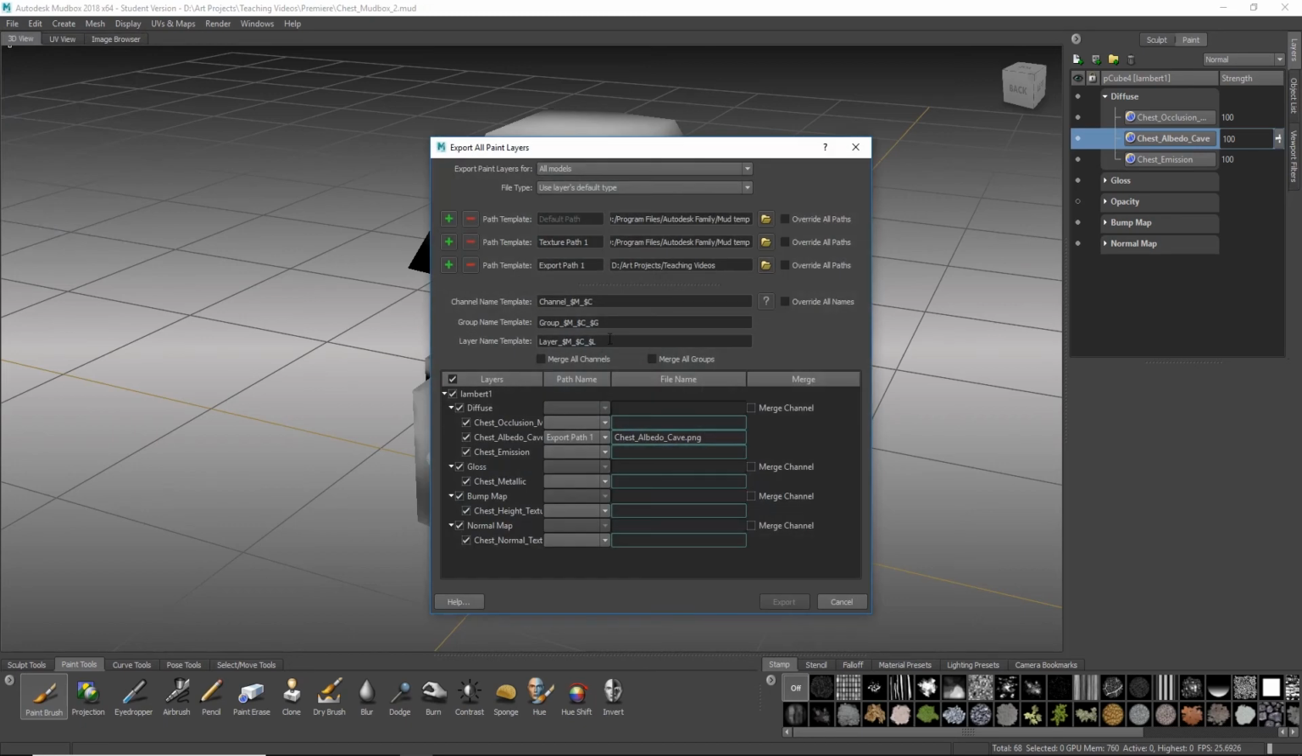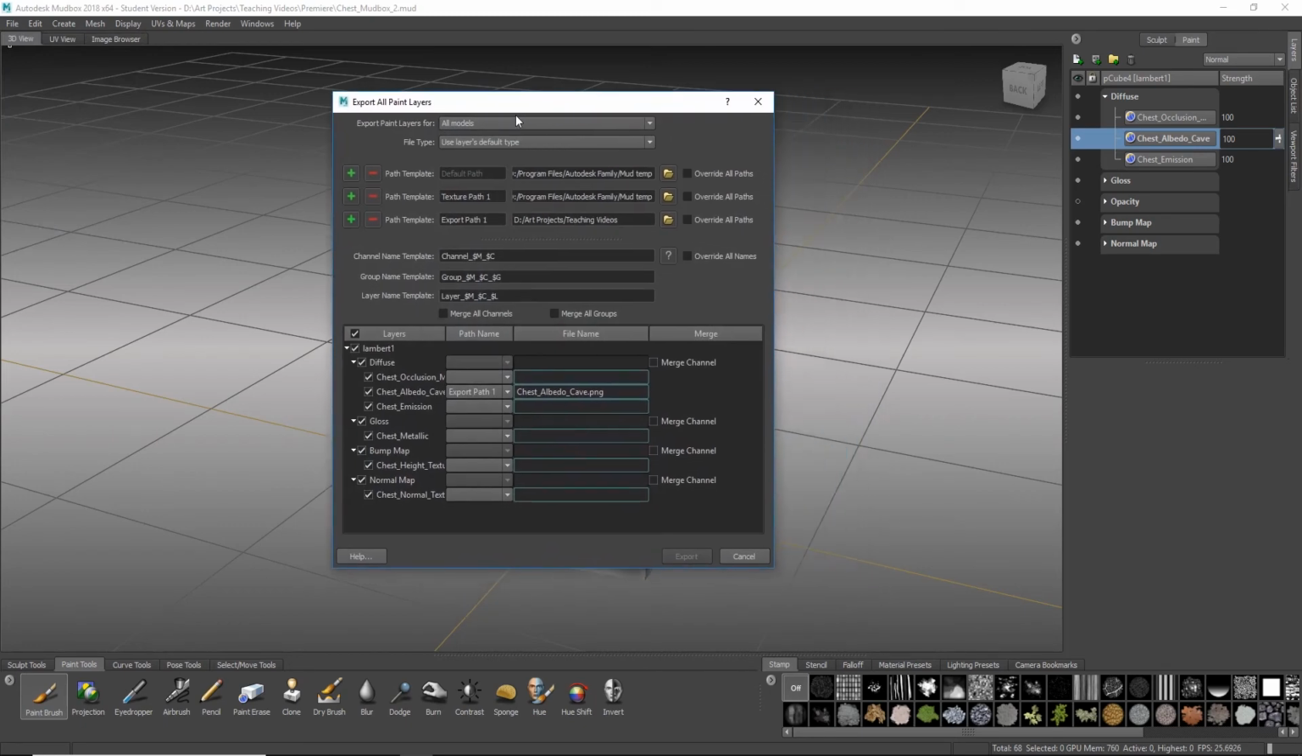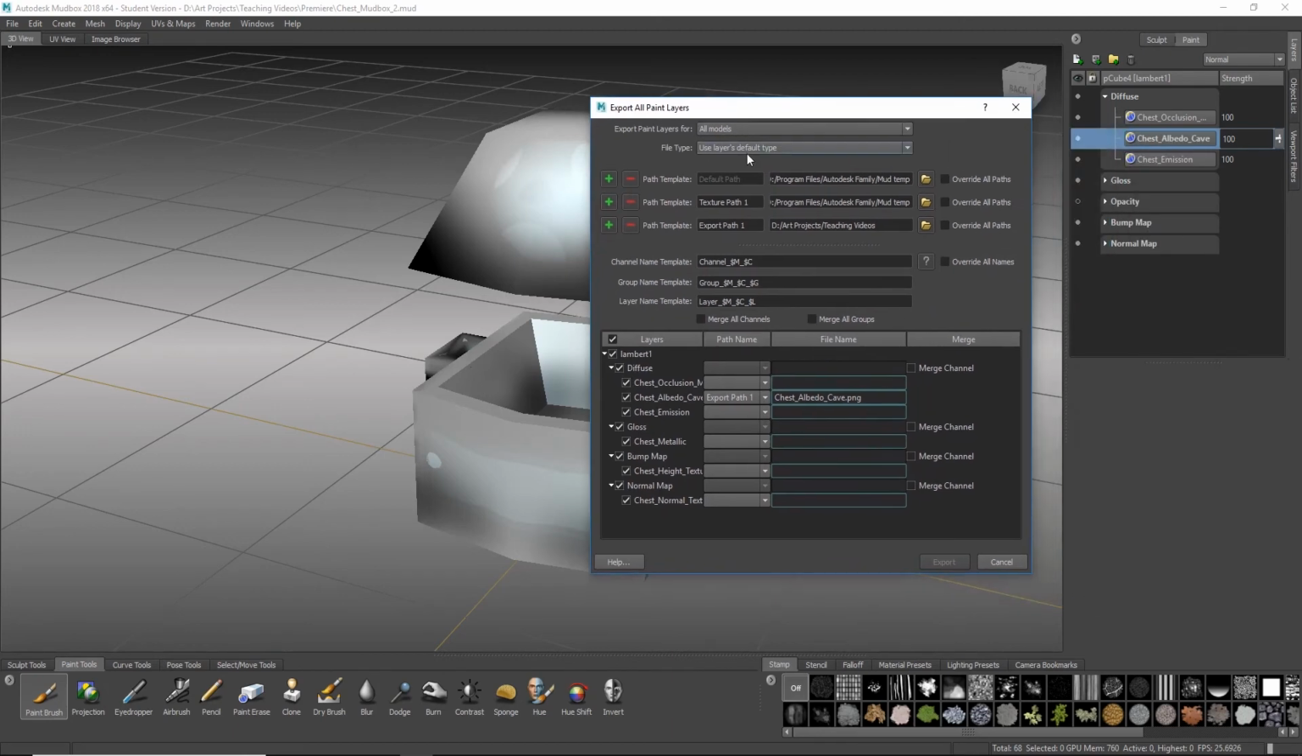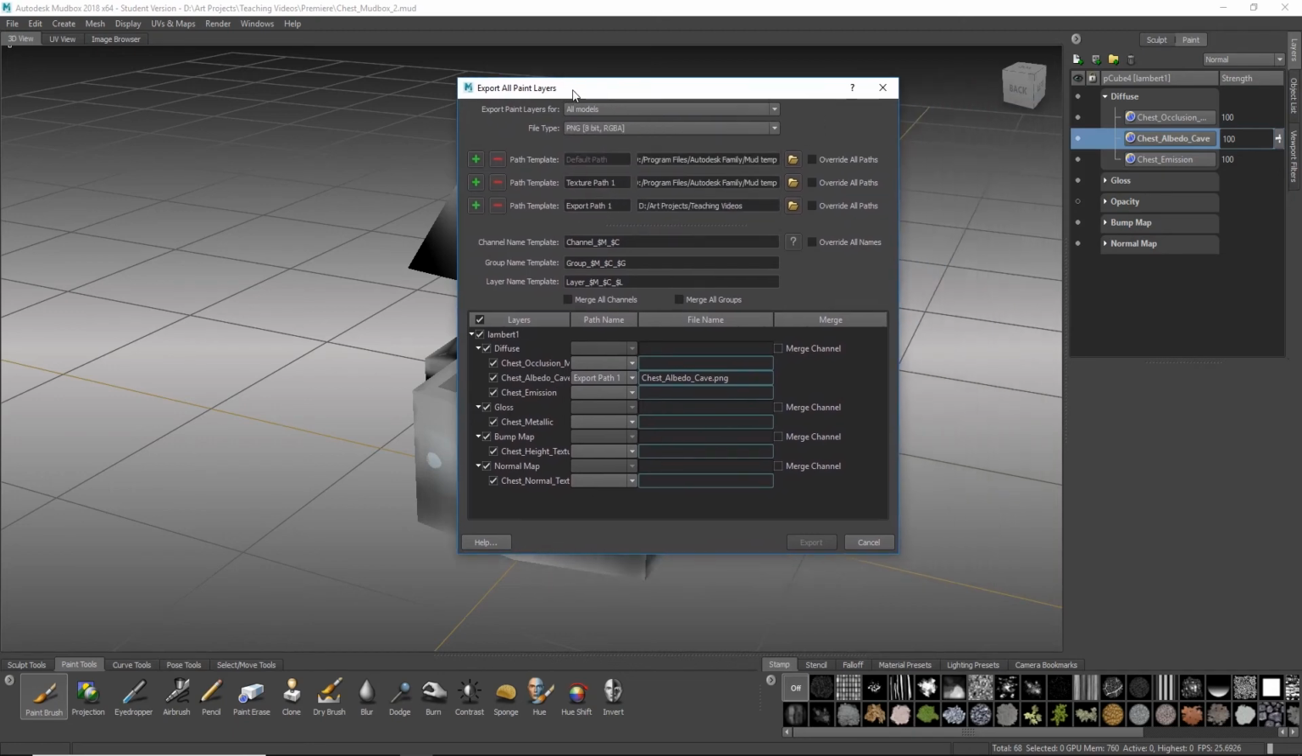Paint Layers, and then we can see on top here, export paint layers for, I'm going to do all models, because this is a build up of like 5 models right here. So I'm going to do all models. I'm going to do a PNG for the file